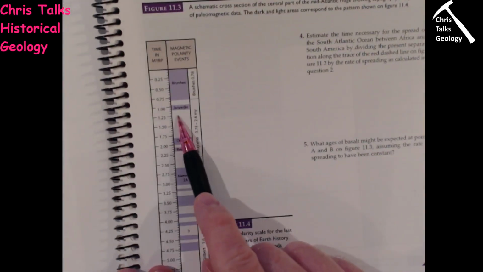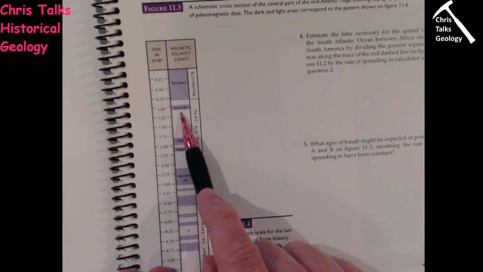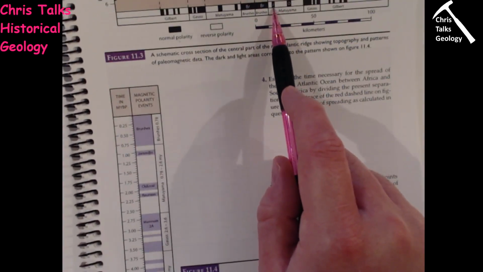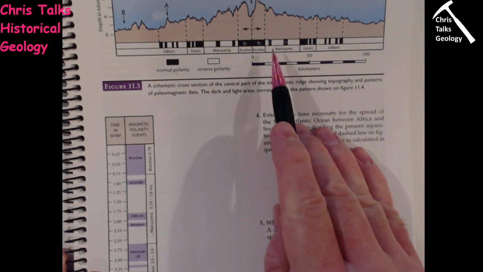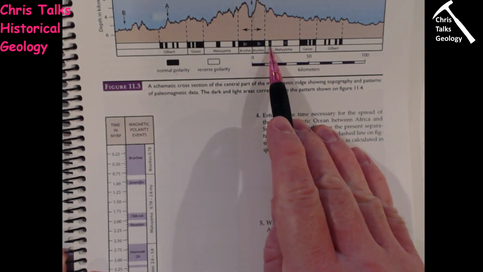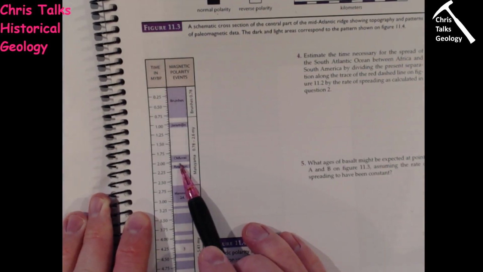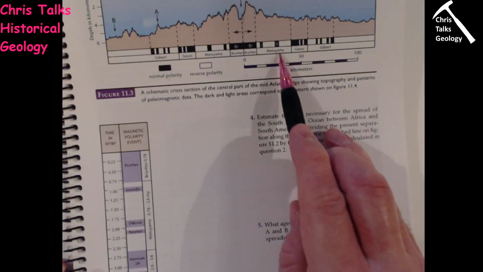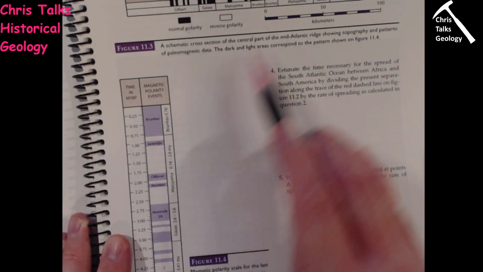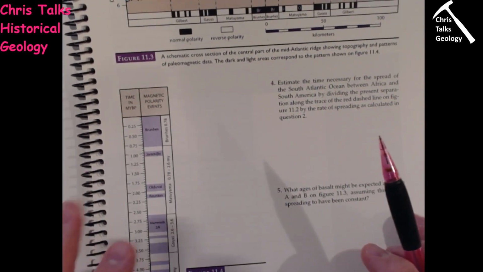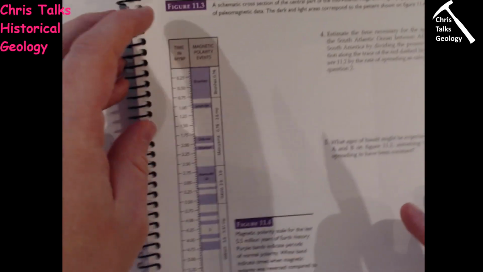So, for instance, we have the Jaramillo here, is J here. It would really help if I got the diagram in shot. There we go. Is J there. The Olivi here is O here. So these correspond together. So in order to make our life easy, what we're going to try and do is